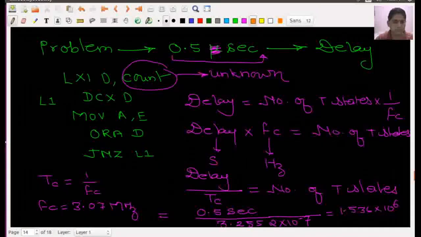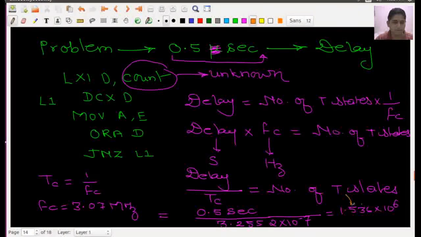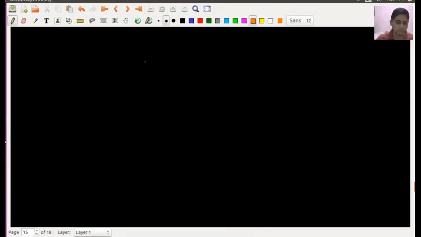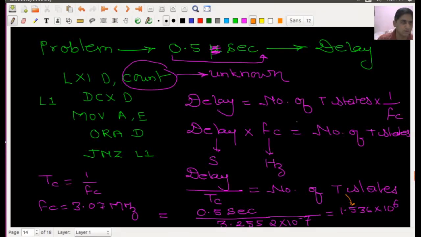This is the maximum amount of t states I will require here. I will come to the next point: you know very well that to calculate the number of t states, I have to go for each and every instruction. So first I will write down the number of t states required by this, 10 t states required by this, 6 t states required by this, 4 by this, 4 by this, and 10/7.